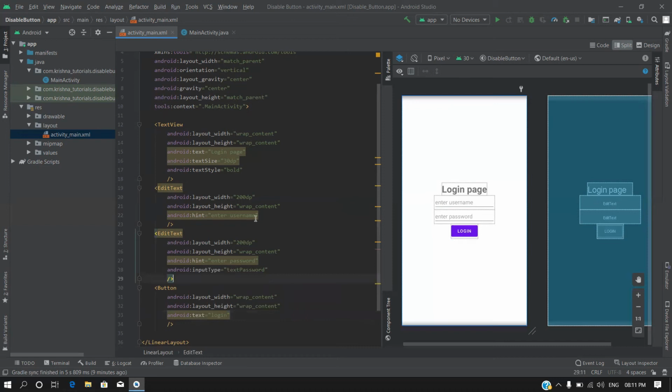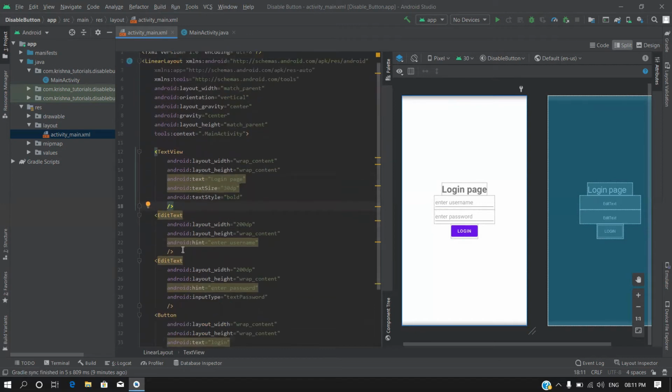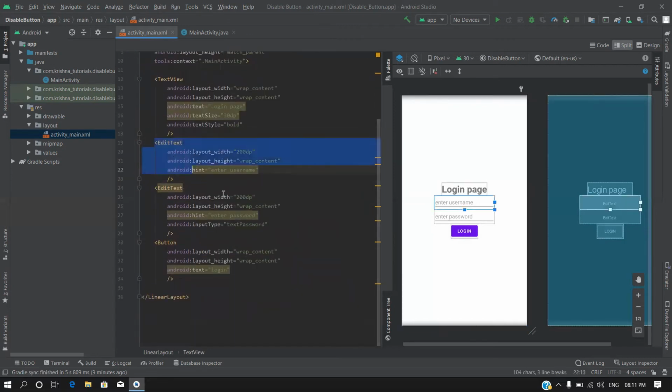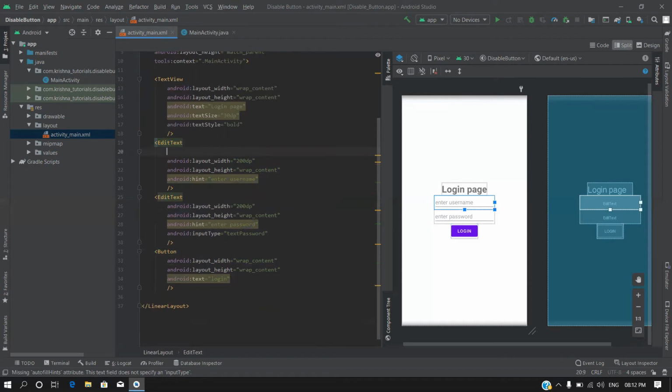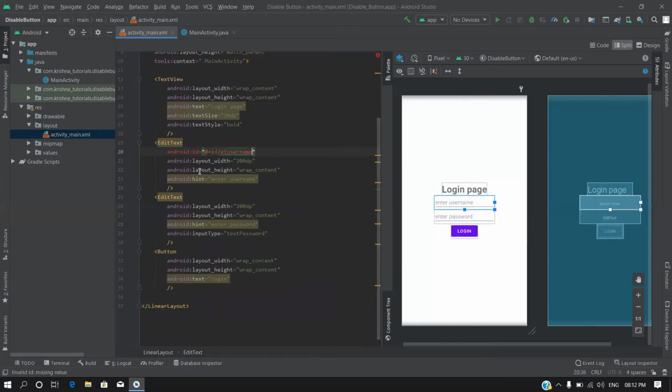Now we are going to add some IDs for these edit texts. We have two edit texts in this UI and one button. So we are going to add some IDs so that we can use these IDs in our main activity java file. Let's add ID edit text user name.